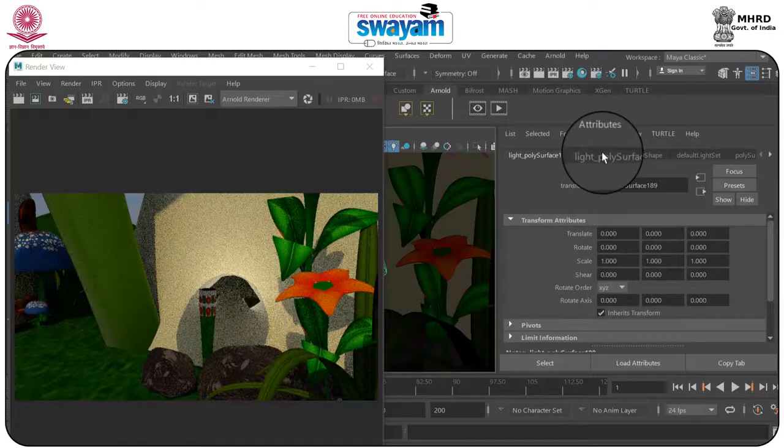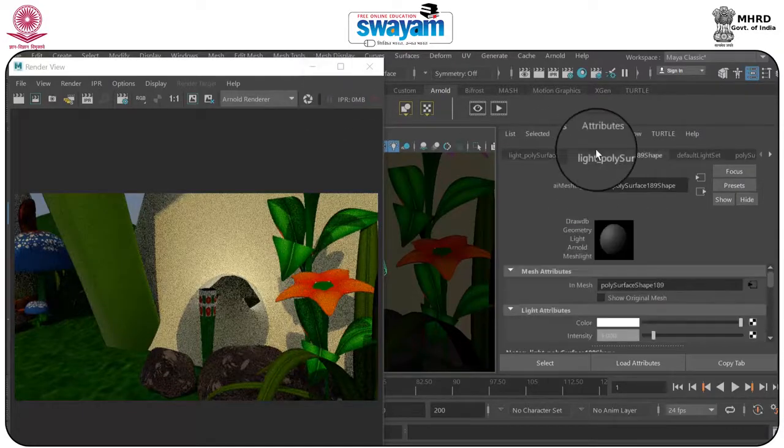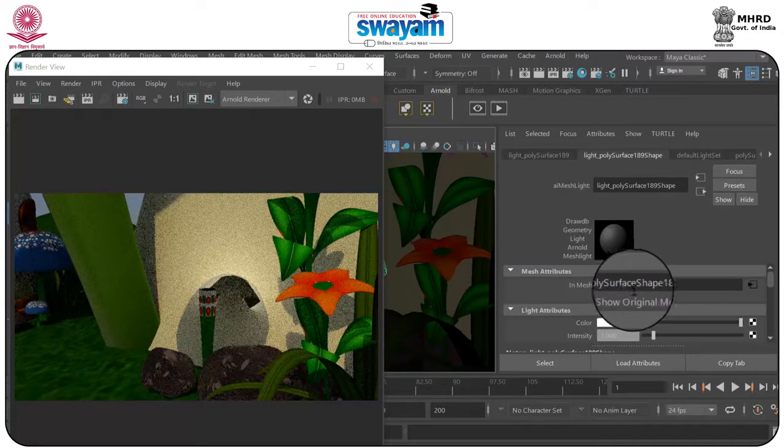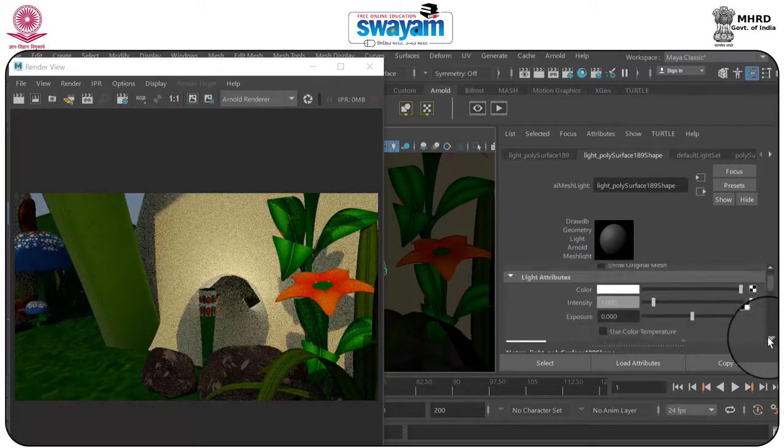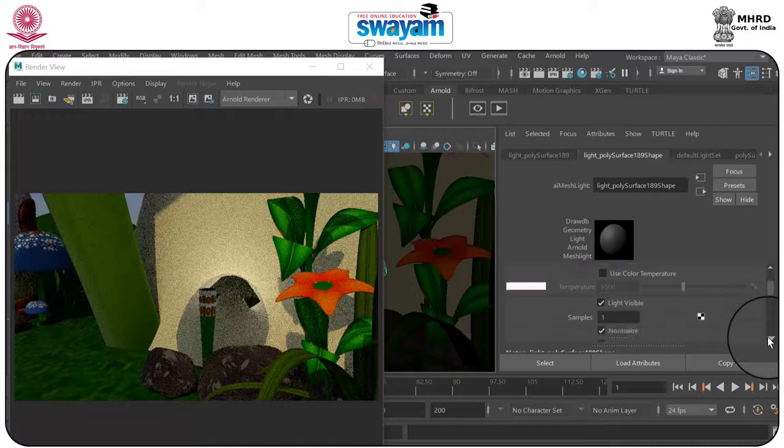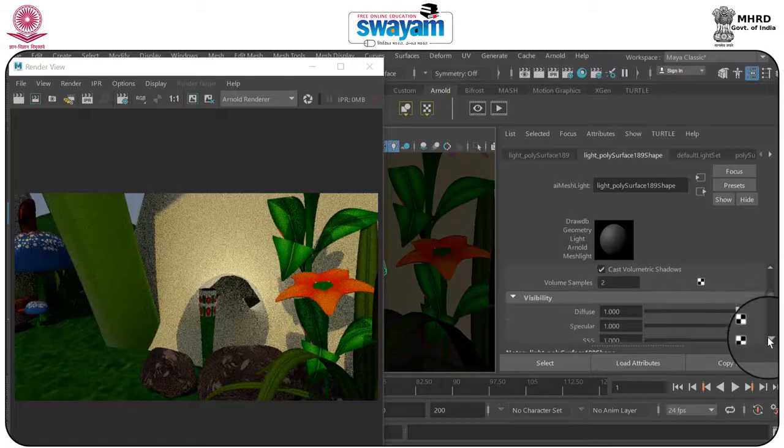This is transform attributes, so we don't require this. Here you have show original mesh. No, we don't require the mesh. Color is fine, use color temperature, we don't. Light visible and cast shadow, cast volume.